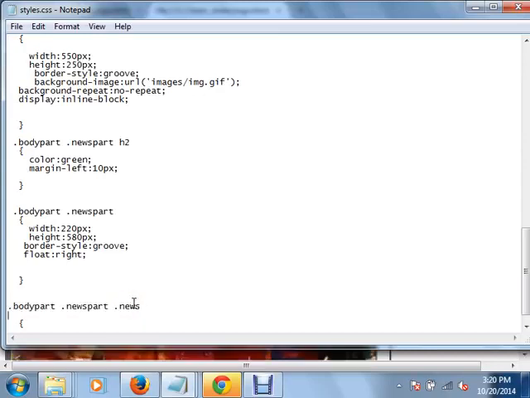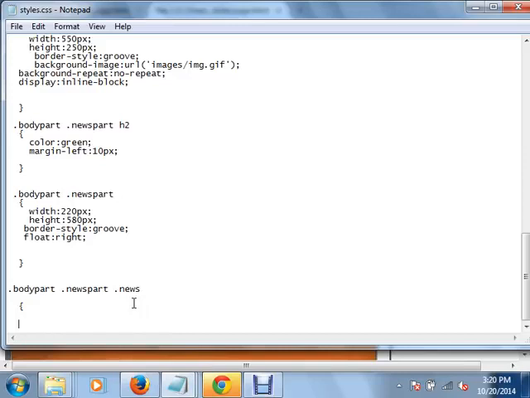So inside this one only I will scroll my news. Now width. The news part having width of 250 pixels. So for this I will use some 230 pixels only. I will leave a 10 pixel to the left and 10 pixel to the right. So I am taking only the 230 pixels.